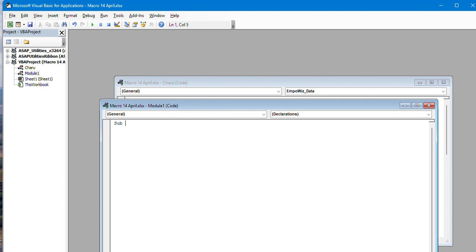Okay, so for example, as I told you, our function, your code starts with Sub, enter, first underscore macro, open bracket, close, and enter. And you can see the Sub and End Sub. Both are important for the coding. And here you can type the message box,